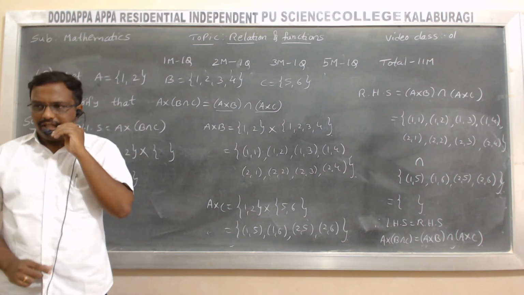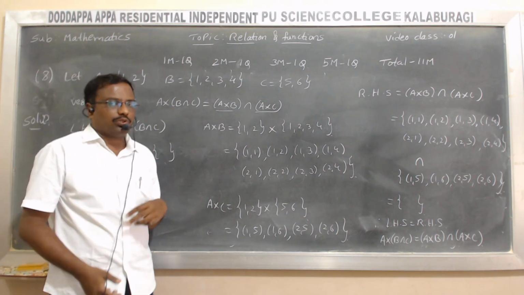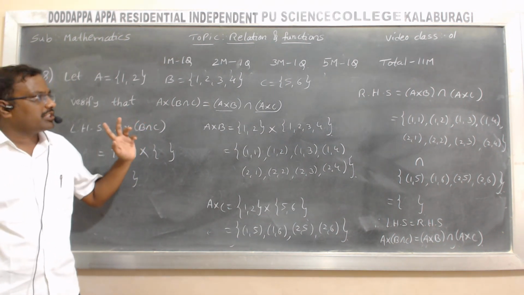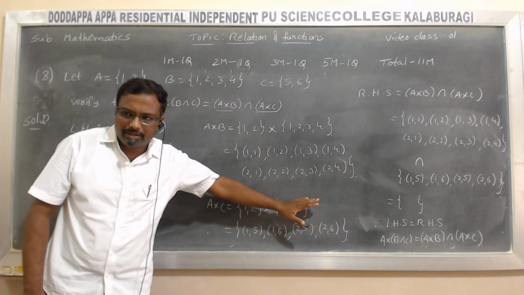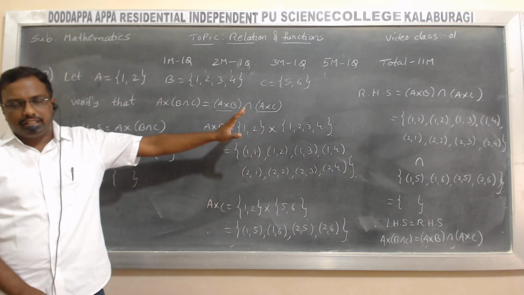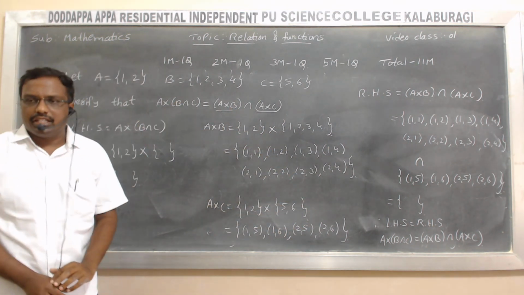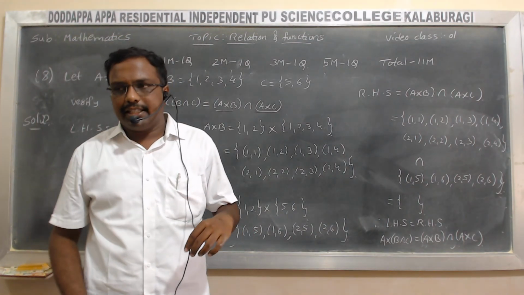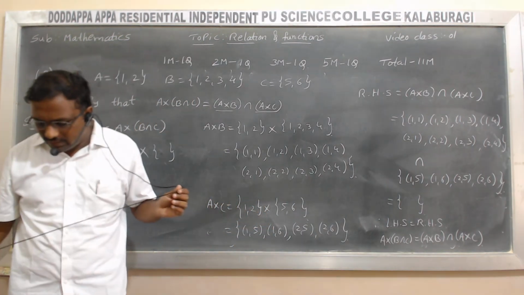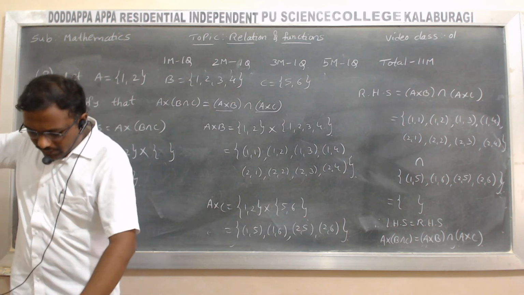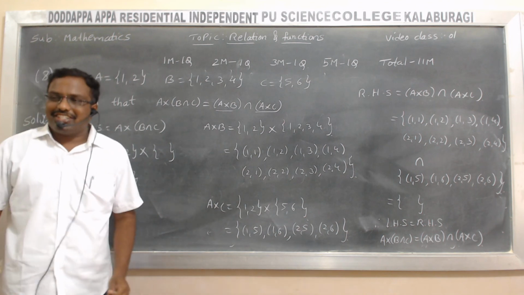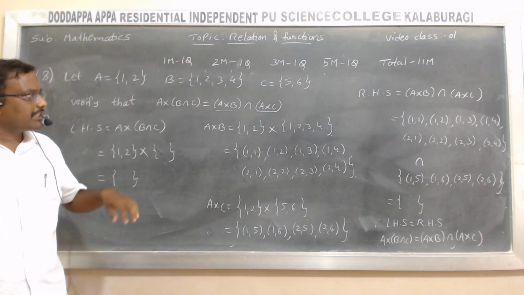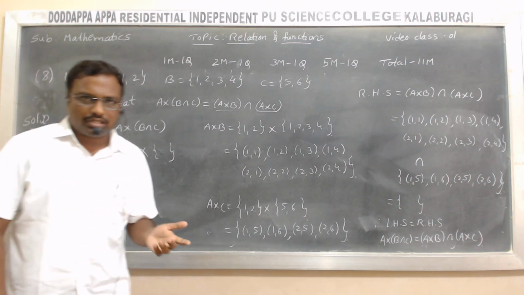Okay, so today we discussed only the Cartesian product and its problems. So relations and functions, we are still in the first year syllabus only. Tomorrow's class is also first year syllabus, that is relations. Afterwards we will discuss the second year syllabus, that is types of relations. So today we completed the Cartesian product. The next concept will be discussed in tomorrow's class. Okay, thank you.